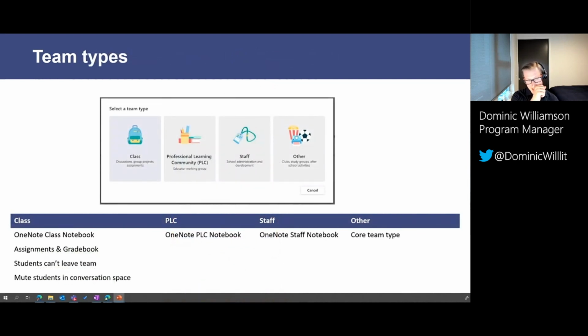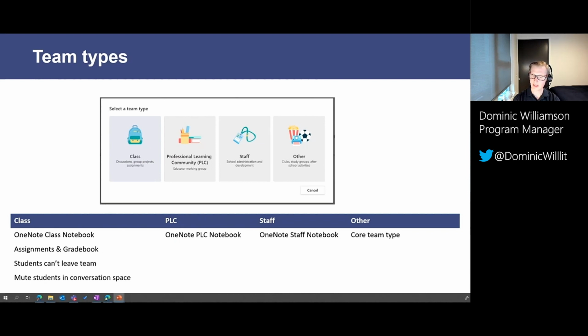Okay, now one of the questions I do get asked: today we are going to be using a class team, which was part of the recommended, or required, I should say, setup for our event today. But as we go through, you will see we also have other team types. Now, if you can't create your own team, that means your IT admin has blocked this for you.